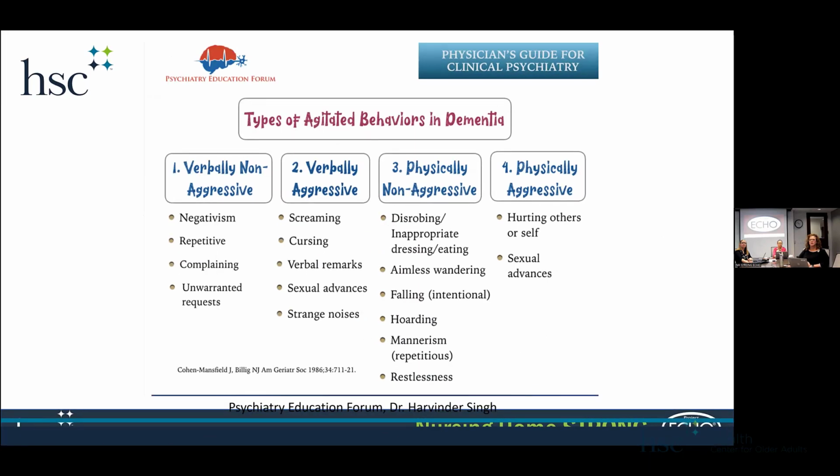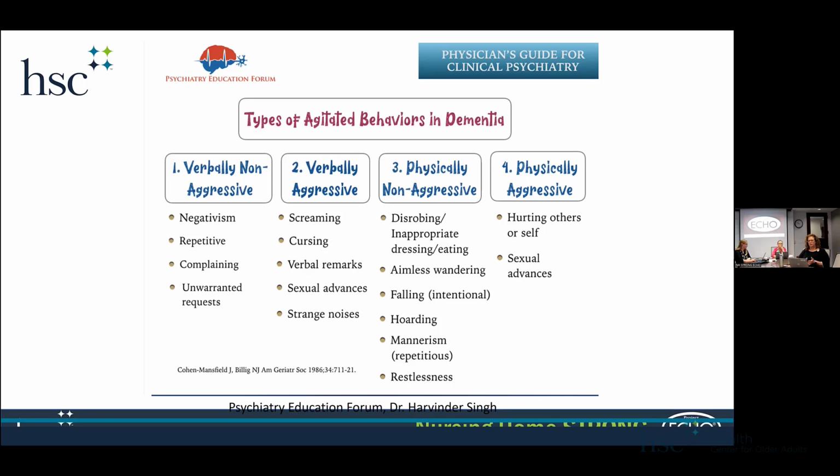And I just kind of saw this chart, which I think breaks down the types of agitated behaviors that we see. And these are a lot of the ones that we see in the nursing home. So they're basically broken down into verbally non-aggressive, verbally aggressive, physically non-aggressive, and physically aggressive. Without a doubt, the physically aggressive are the more harmful and concerning types of behaviors. But